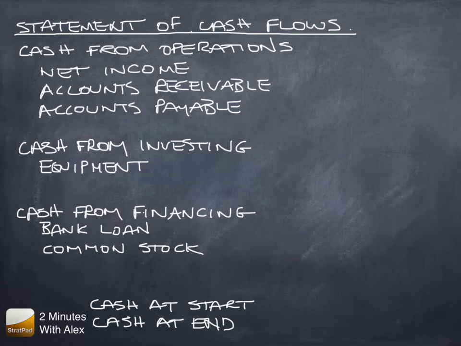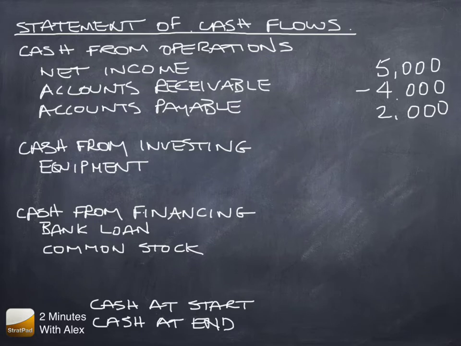So here's a quick example with numbers so you can see how this adds and flows. So net income, let's say $5,000 of profit this month. Accounts receivable went up, which adversely affects our cash. Accounts payable also went up by $2,000, and when accounts payable goes up, that improves our cash position. And then we subtotal this. 5 minus 4 plus 2 is $3,000. We spent